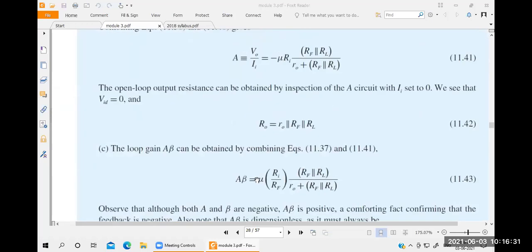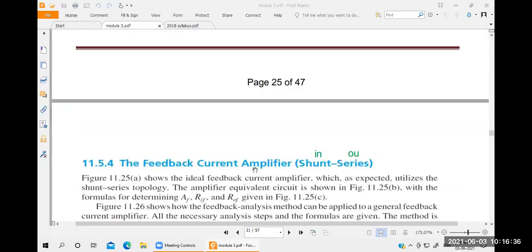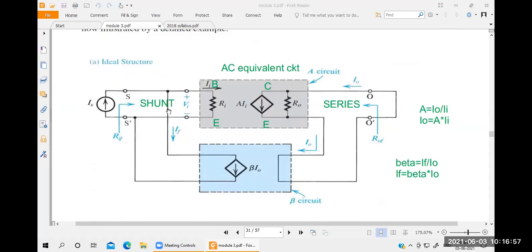Next you take the last one, that is the analysis for the last amplifier, the current amplifier. So what is the connection here for the feedback? Shunt series. Shunt means you have to write Ri divided by 1 plus A beta. Series means we can write now 1 plus A beta into Ri. Sorry, R naught, because this was the output, right? So the input was connected in parallel form, and the output was taken in series here.